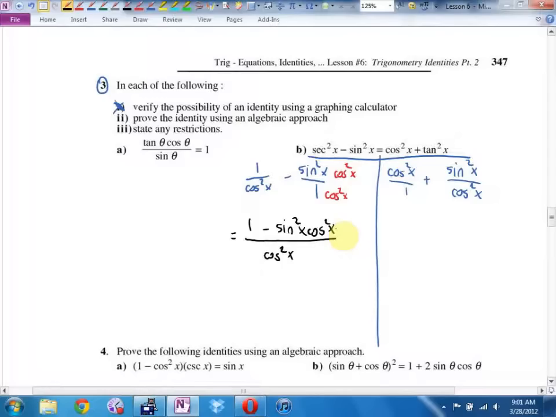So far, so good? I have no idea where I'm going, by the way, and I may end up in a dead end and have to backtrack. We'll see. Over here, I'll try the same thing. So my common denominator, I think, is going to be cos squared. So let's try going cos squared,